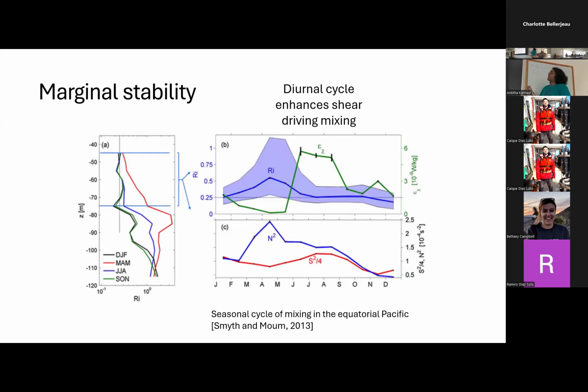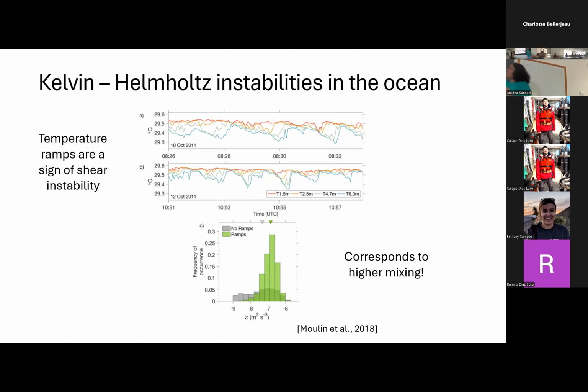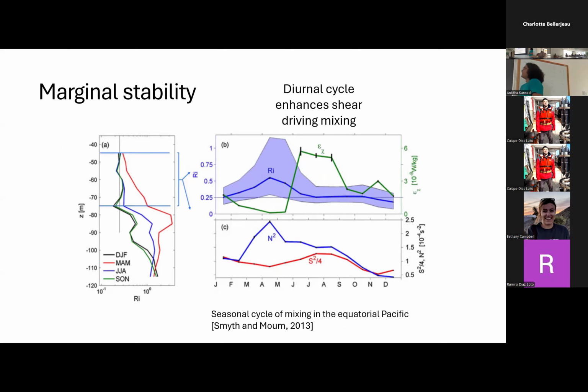And something I want to also emphasize is that this shear instability is intermittent. And that's probably clear from this image too. You just have a shear instability develop, it mixes, and if the ocean gets pretty quiet, it happens again. And you can see that this is an example from the equatorial Pacific, and this is showing you over time